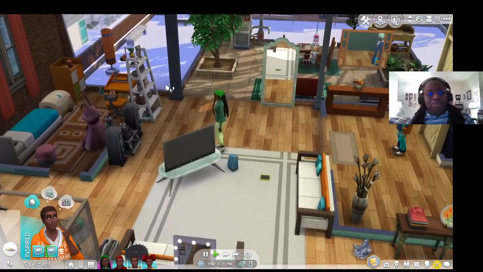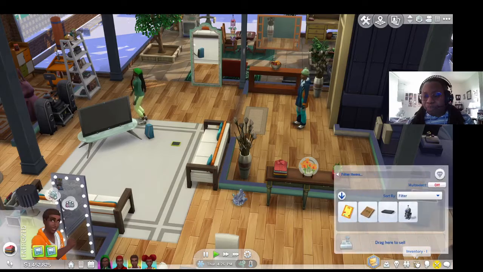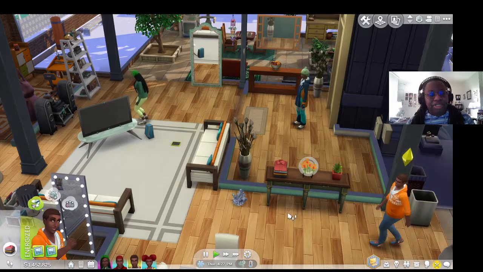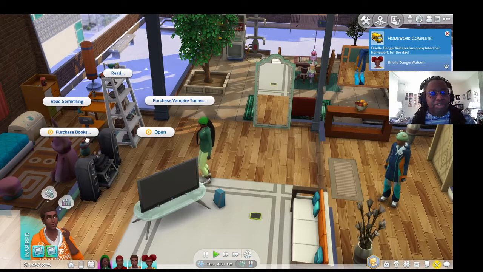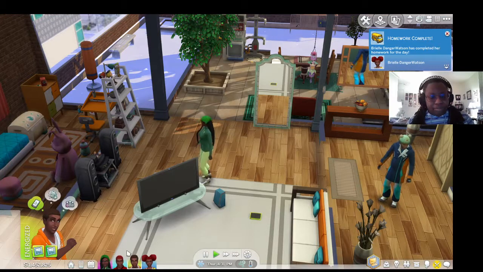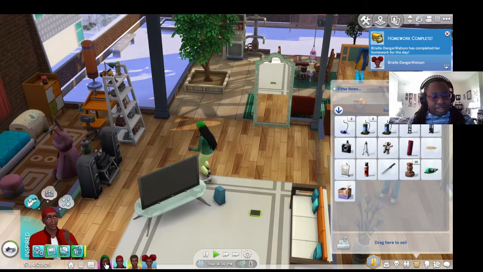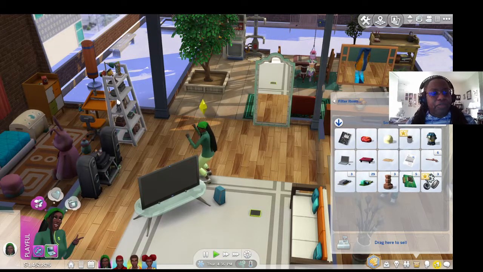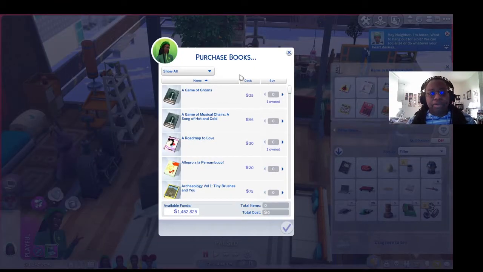Hun, I don't know where your homework book is. It's not in your inventory. Put the laundry away, please. Yeah, your homework book isn't in your inventory. You must have left it somewhere, and the game didn't return it to your inventory, so let's see. Does your dad still have his? No, he doesn't. I don't think your mom had one. No. Okay, let's see if there's one in the bookcase. If not, oh no, I just checked. There isn't one. Okay, we're going to buy you a new homework book